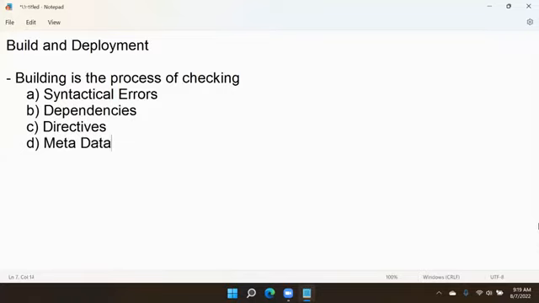All this happens in building actually. So building means after you designed your project, first we have to check: is the project good with all syntaxes, good with all dependencies? We are not missing any syntax and dependencies. All directives are correctly configured, metadata, everything is defined perfectly. So after checking errors actually,